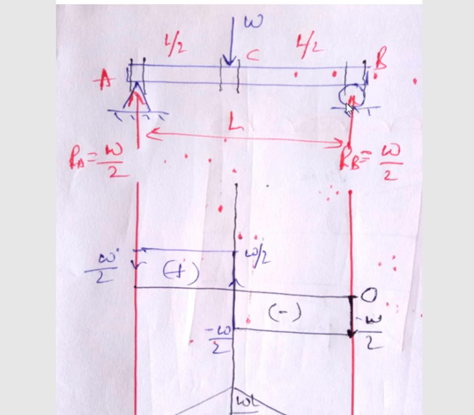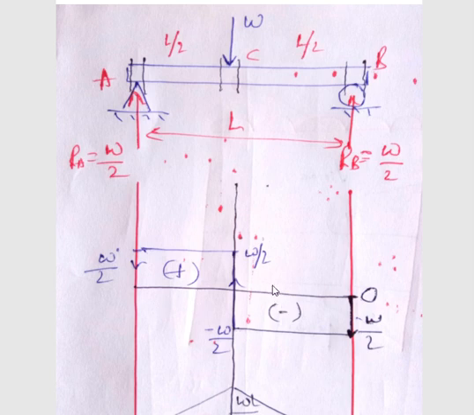We have already performed this type of loading in our strength of materials lab when we were performing the bending test or flexure test on a wooden beam. The wooden beam was kept on the supports and then the load was applied exactly at the center. We have already used this type of loading arrangement in our strength of materials lab. Now I'll explain the procedure, and then we can understand how to plot the graph.